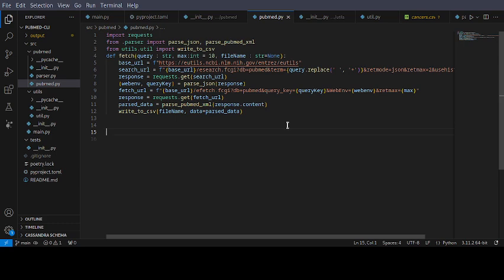Alright, and to the fetch query endpoint, I just pass the query parameters, which are the query key and the web environment, and the max number of results that we need to fetch is passed to this function call,